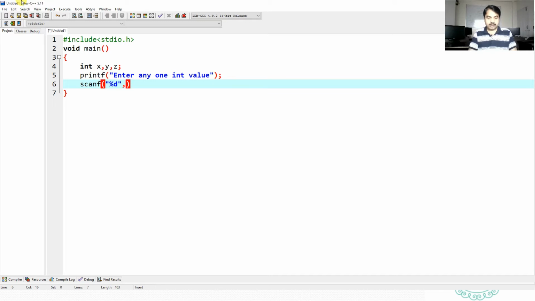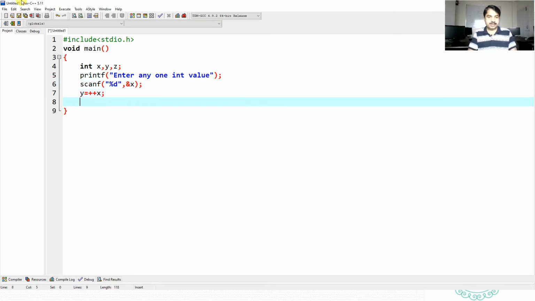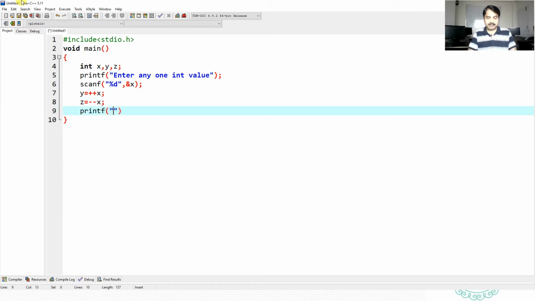So we have taken input for x here. y = ++x and z = --x. Then print the output: \n after operation, value of x = %d \t, y = %d \t, z = %d, then we print x, y and z, semicolon.